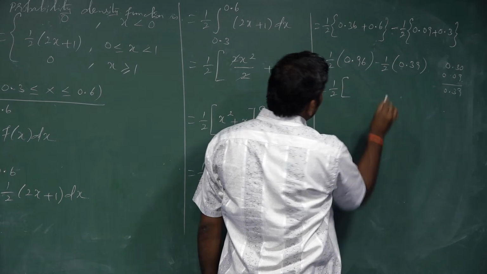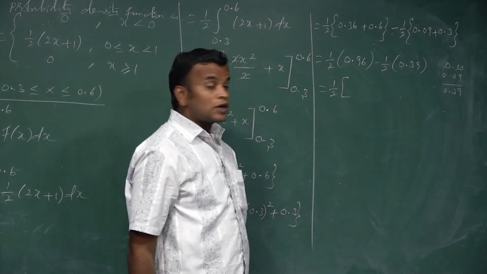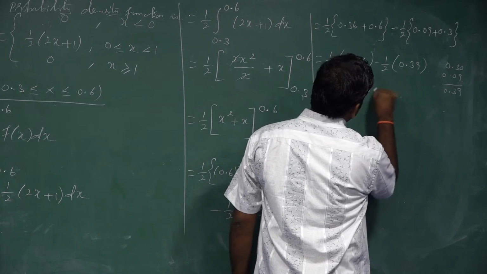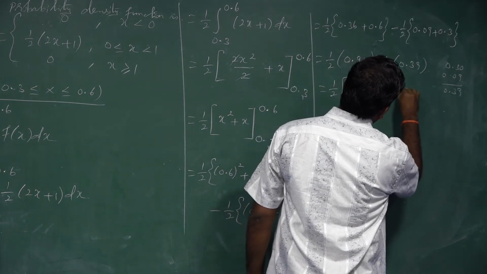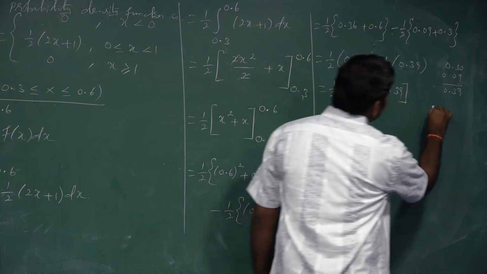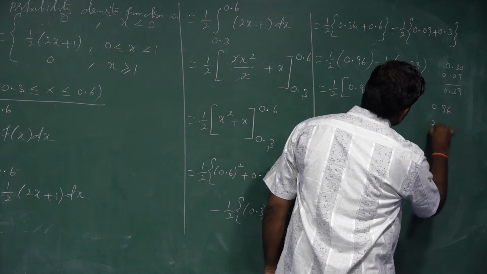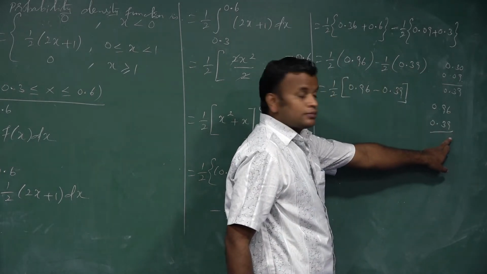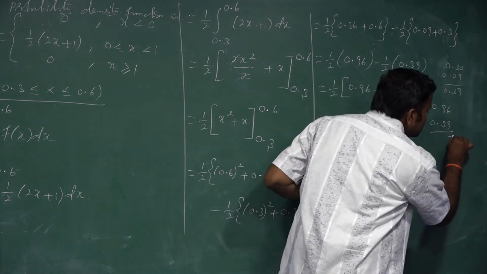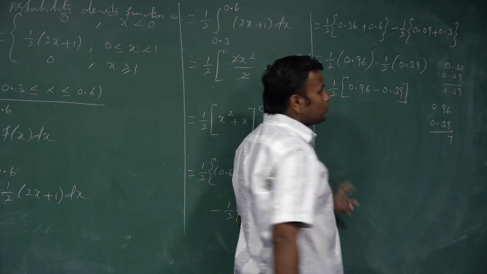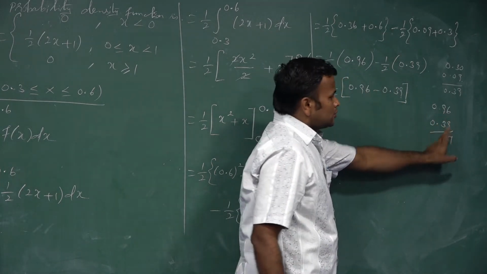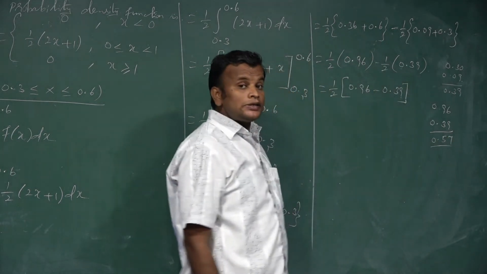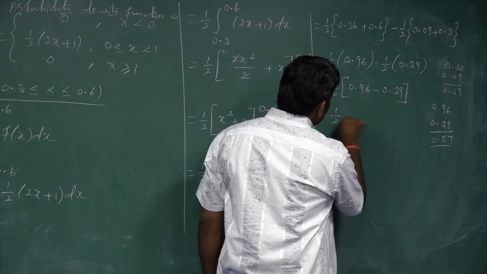So I will take outside 1 by 2. In both cases 1 by 2 is common, so I will take outside 1 by 2. 0.96 minus 0.39. So 0.96, 0.39. 16 minus 9 is 7. We already take one borrow. So 8 is there. 8 minus 3 is 5. So 0.57. 1 by 2 of